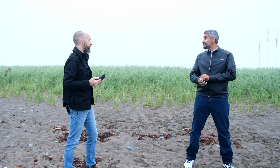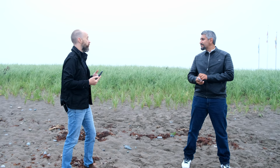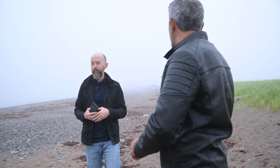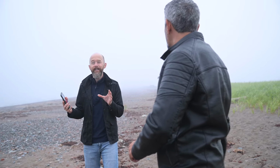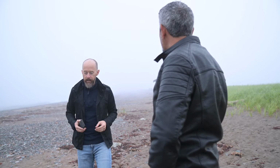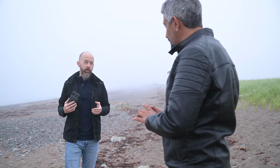Now, one really important aspect of landscape photography, of course, traditionally is to use a tripod. But we don't always have a tripod, especially if we're traveling and we see a great landscape, usually speed is the key. So if ever you want to get a really good shot when it's dark,